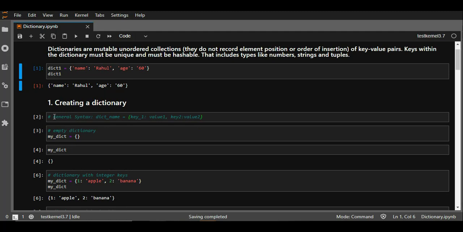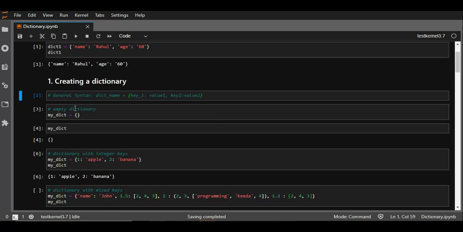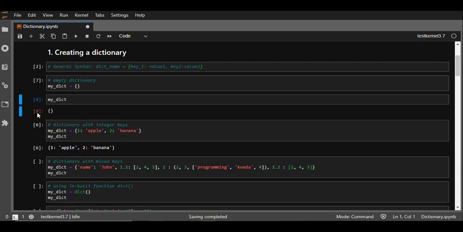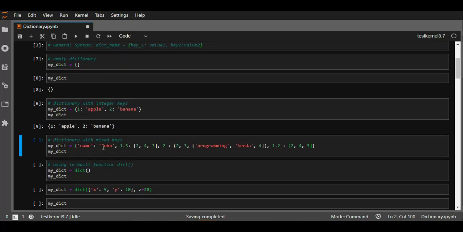So talking about the general syntax of creating a dictionary, this is what it looks like, as we talked about, inside curly brackets. Now moving on, you can just assign blank curly brackets to a variable, which creates an empty dictionary. Going forward, you can just add values inside it, right? Now this is an example of a dictionary where my keys are just integers, whereas another case is where my keys are of different data types. You see, I have a string, I have a float, I have an integer, and I have another float, right?